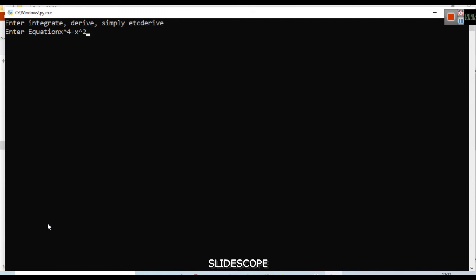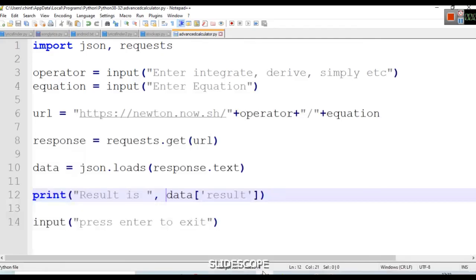Let's say we have to derive this. It will take some time, and then you can see the result is 4x raised to the power of 3 minus 2x.